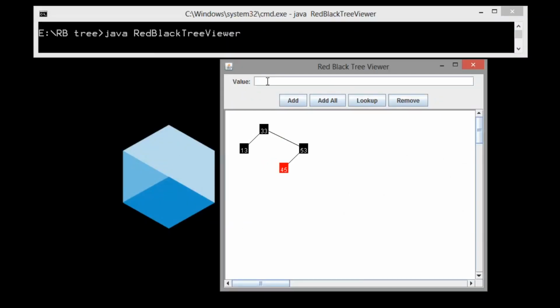That means parent node P will take the place of grandparent node G and G will become the right or the left child according to its value. In both of the cases, that is LL and RR rotations, after rotation, parent node P is recolored as black and grandparent node G is recolored as red.